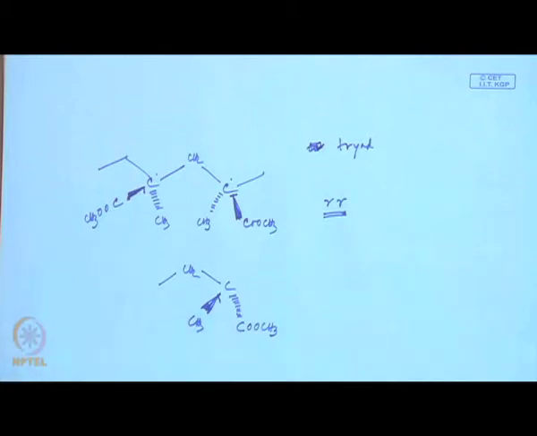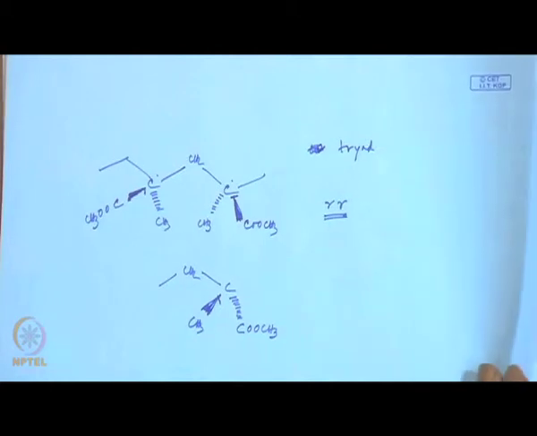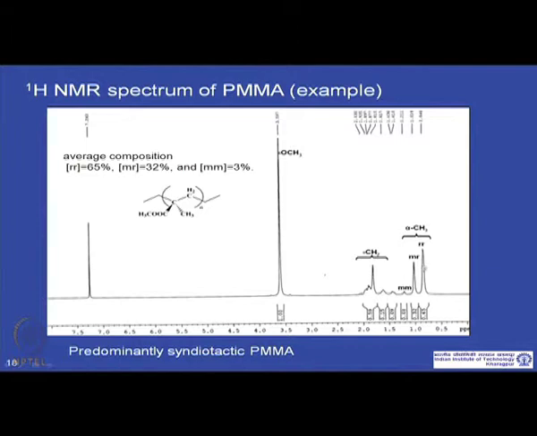So, all these 3 arrangements, RR, MR and MM, will have different chemical shifts, and from this particular sample it is seen, if you go back and look at the NMR spectra on the computer screen, that RR is the maximum compared to the other